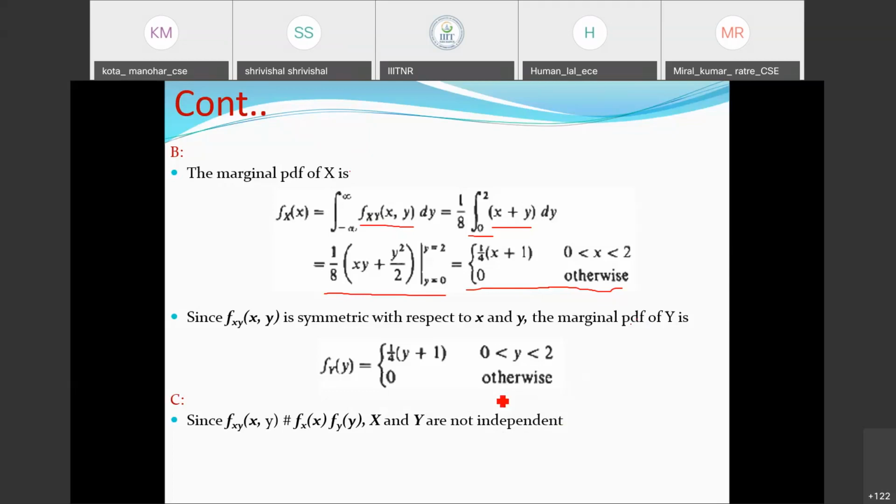So in the present case, we have already found the marginal PDF in case of x as well as the marginal PDF in case of y here. If we substitute them, we are never going to get what we have observed in case of f(x,y), x plus y here. This is very clear. So that's why we say this function doesn't satisfy this condition. So x and y are not independent here.